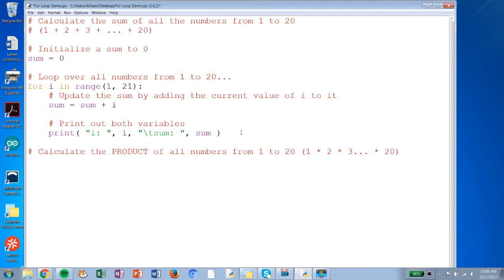Great. So let me show you how I did this. So here we need a second variable, which I'll call product because it's going to be keeping track of a product. Now, what I'm guessing a lot of you tried, or at least what a lot of students will try, is they try the same thing. So they initialize product to be 0, and then they basically do the same thing as before: for I in range 1 to 21, and then they do product equals product times I, because now you want to multiply together all of those consecutive values, and then they print I,